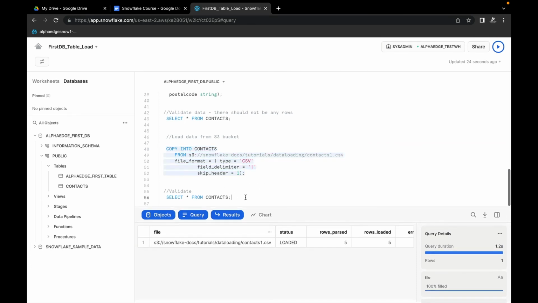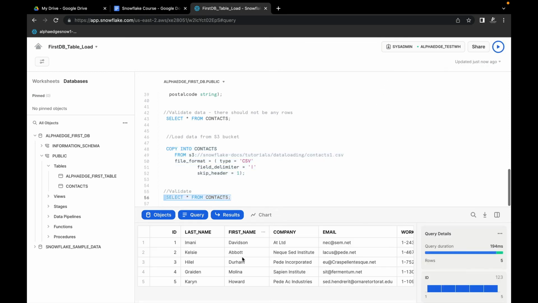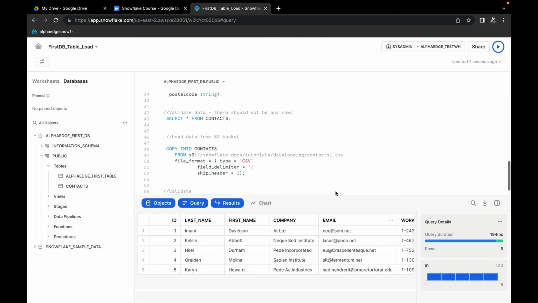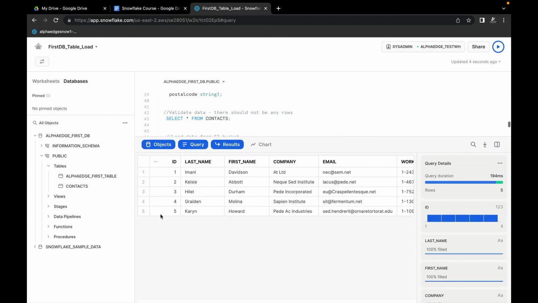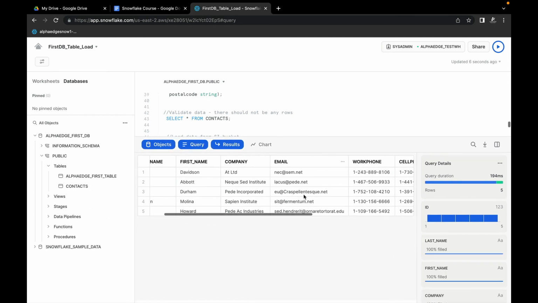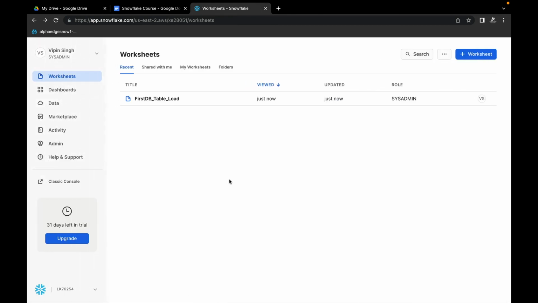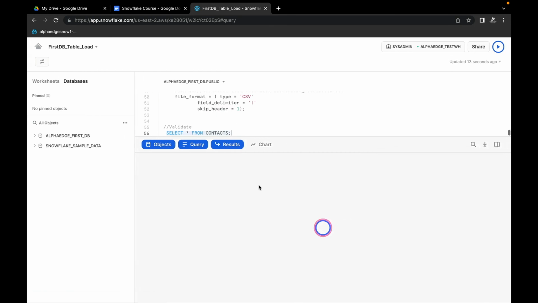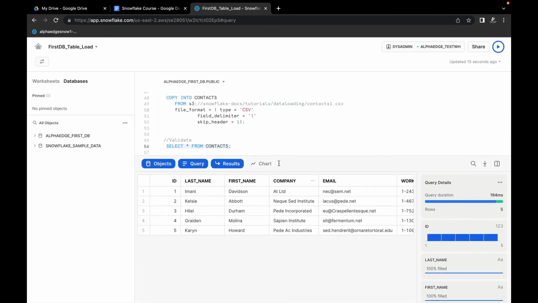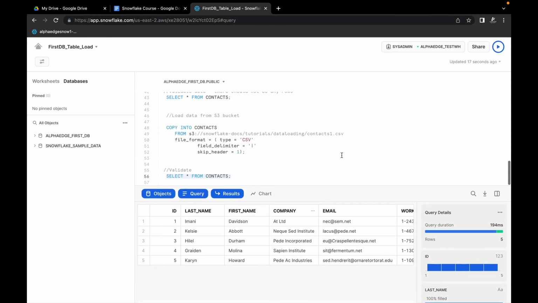So let's do a select star from the contacts table and see whether we got the data or not. You see we got the ID, the last name, first name, work phone, everything. We can easily load it. So just to give you an idea how simple it is to load a file from S3 to Snowflake directly